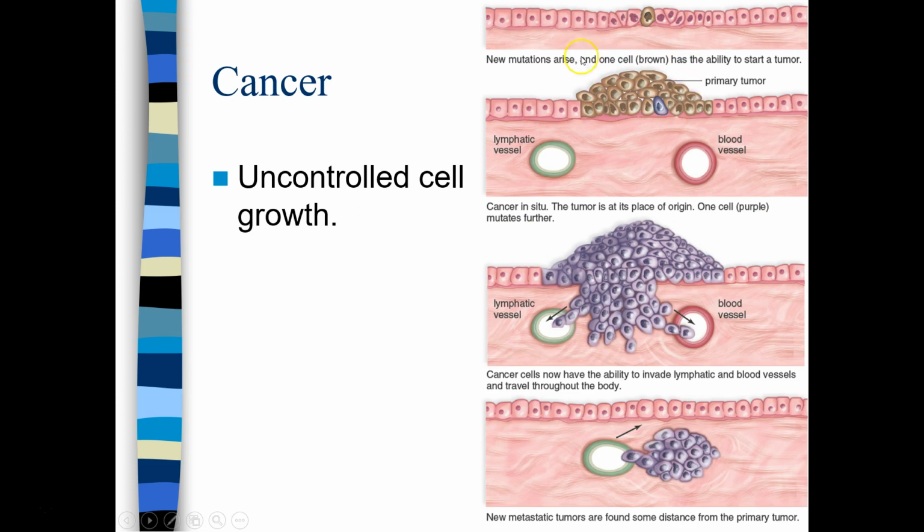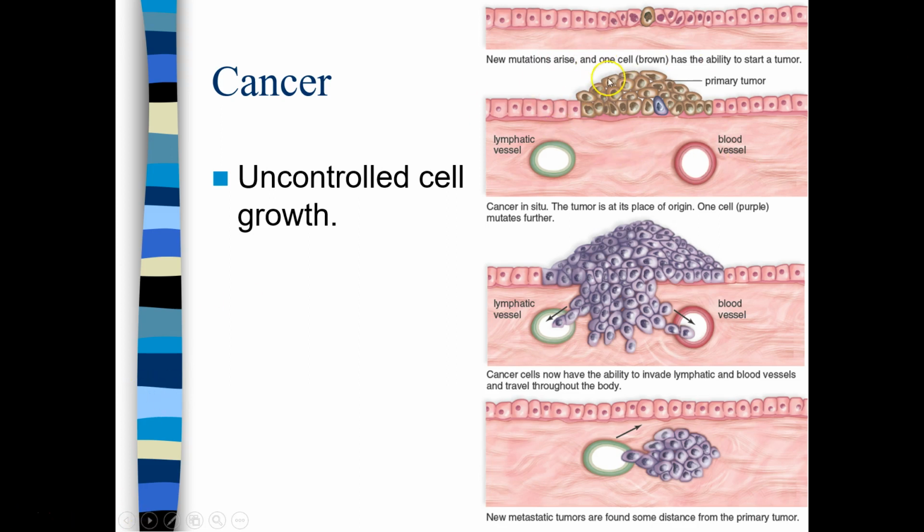So this cell can grow and grow and grow, and it's because it's uncontrolled cell growth, right? The reason that you don't keep growing more and more skin every day is because your cells' growth is controlled, right? So only certain cells are dividing, and they're dividing at a certain rate. Cancer cells throw all that out the window, and they say, "Forget it, let's just divide," and that's why tumors are lumps of tissue. This is because it's the result of uncontrolled cell growth.